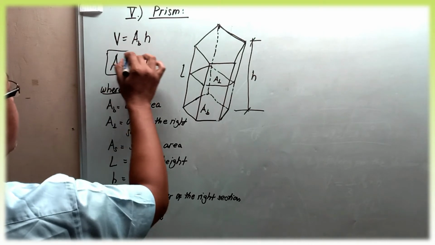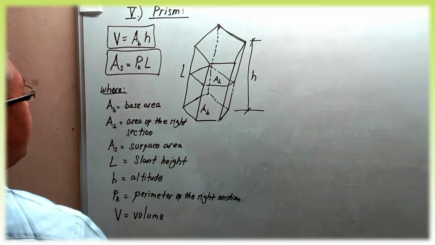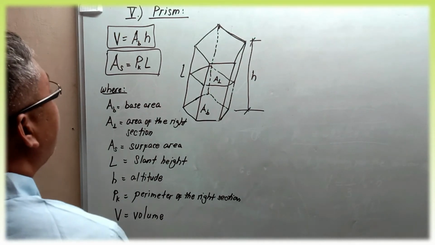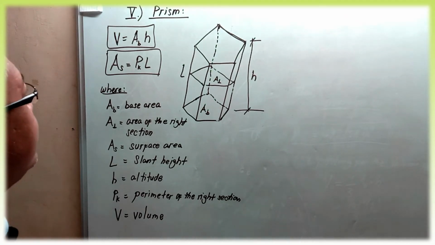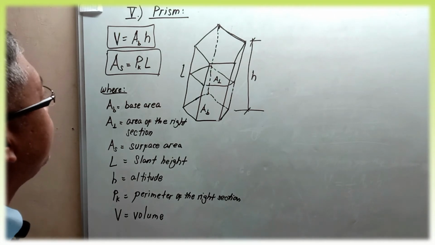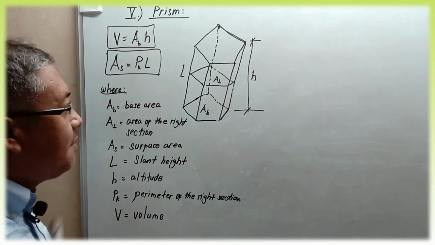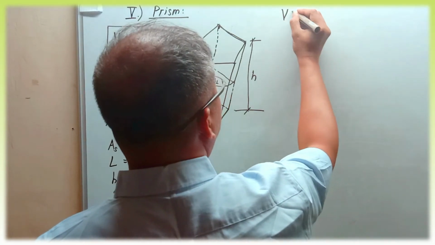These are the basic two equations on how to solve the volume and surface area of a prism geometry. Okay, so I hope you understand our first topic regarding prism. Next topic will be number 6,